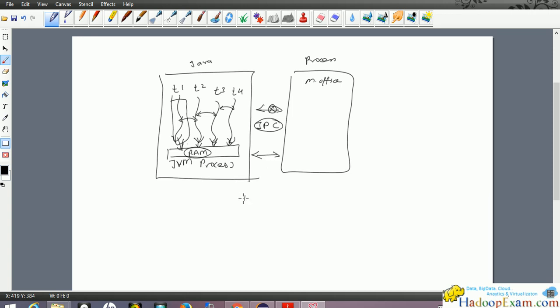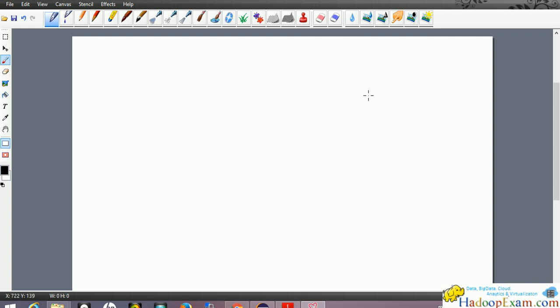If you have heard of remote processing, distributed processing, these are all communicating with other processes. Let me give you a distributed processing example. This is computer one.